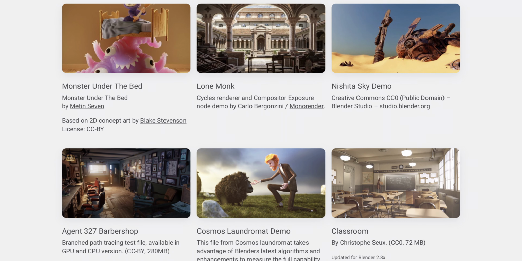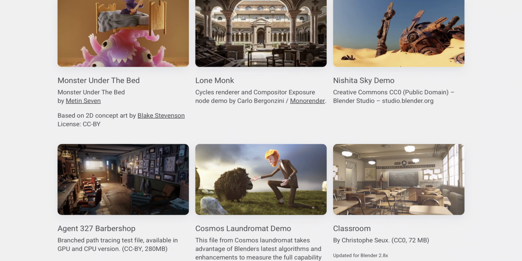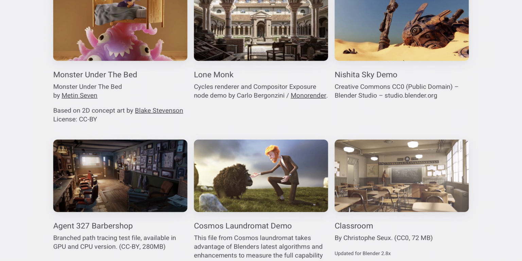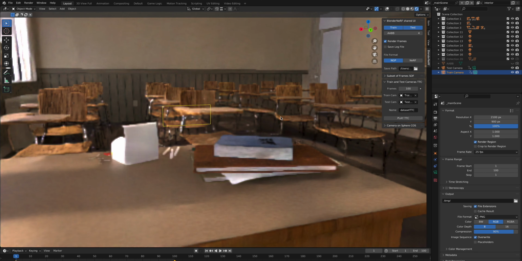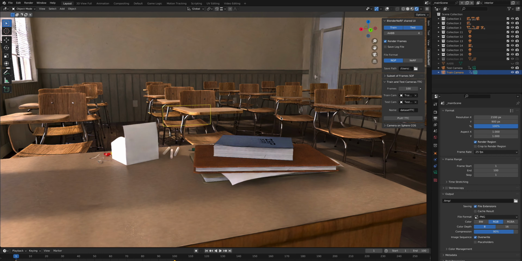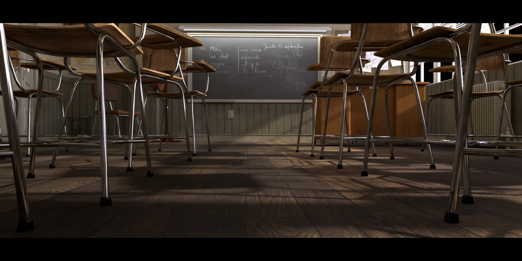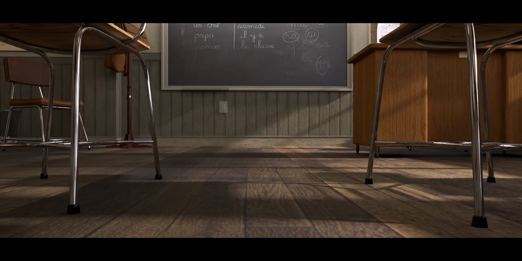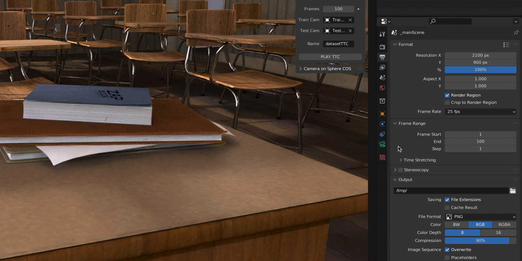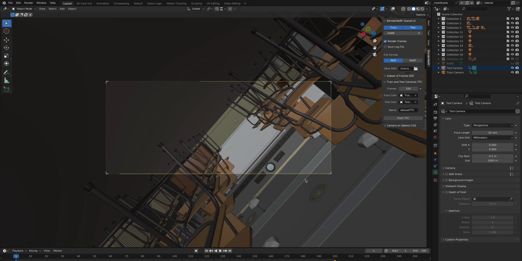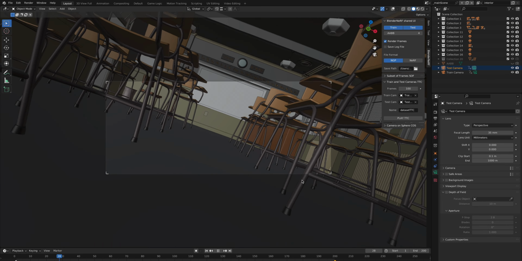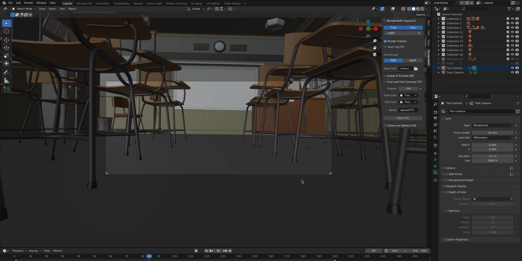The scene I loaded here is a classroom demo file provided by Blender, again available on their website. It contains quite a few complex materials and multiple lights, which significantly impacts rendering time. On my hardware, it took me around 6 hours for this simple animation with 100 frames. But let's say I'd like to double my frame rate, or instead render twice as many frames and slightly change my camera animation to include some kind of endless looping spin effect.